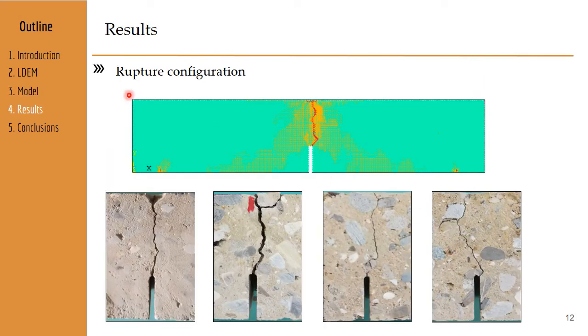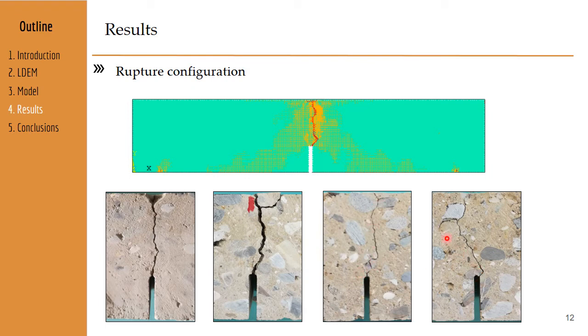Here we present the results in terms of the rupture configuration, where the green region represents the region where bars are not damaged, the orange region represents the region where the bars are damaged, and the red represents the bars that are broken. Comparing the shape of the crack obtained in the LDEM simulation, we can observe that the shape is similar to that obtained in the